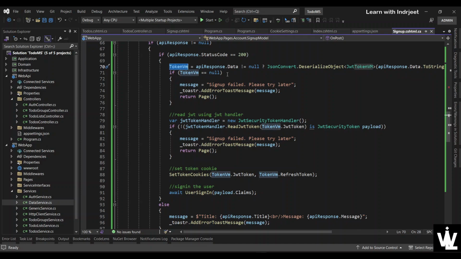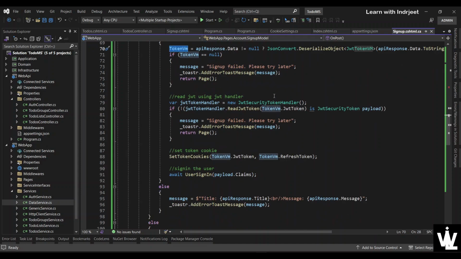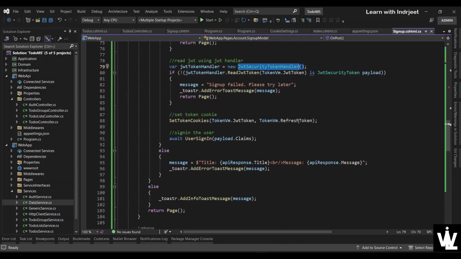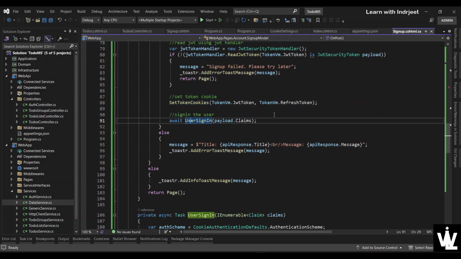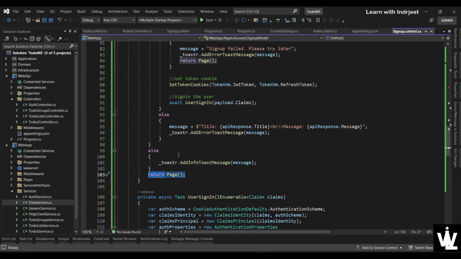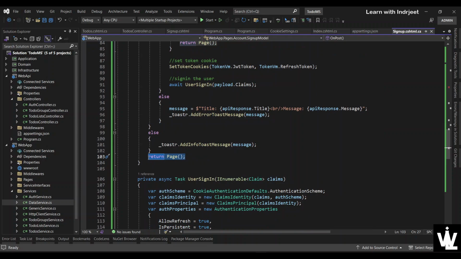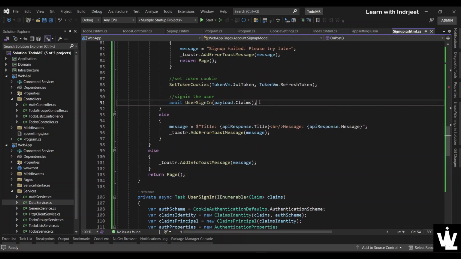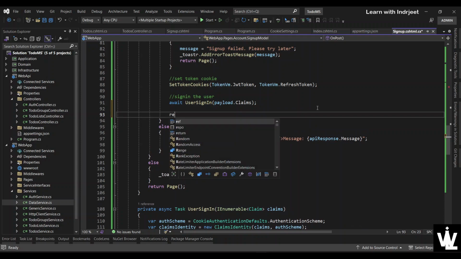If that is null, we are returning back to the page, then trying to read the JWT token using JWT security token handler. If not able to do that, returning the page, else set token cookie and user sign in. This guy should not be here. Okay, so in case of all errors, if the user is signed in properly, then we want to return